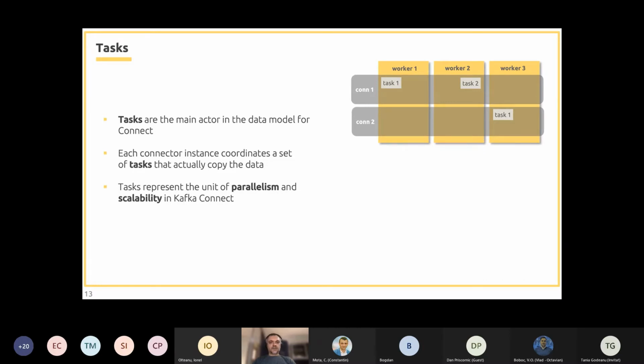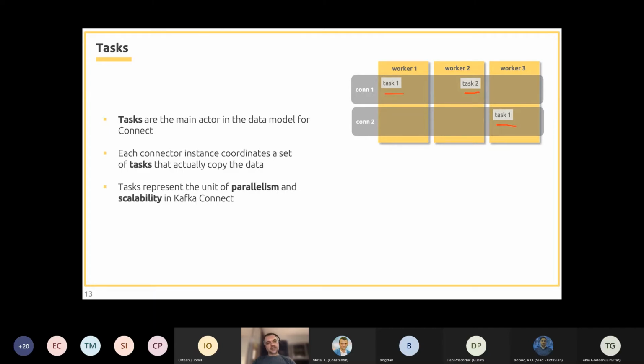Now we have two connectors, and connector one in this example has two tasks distributed across two workers, and we have a second connector that runs a single task.